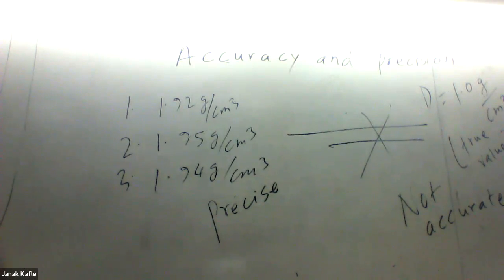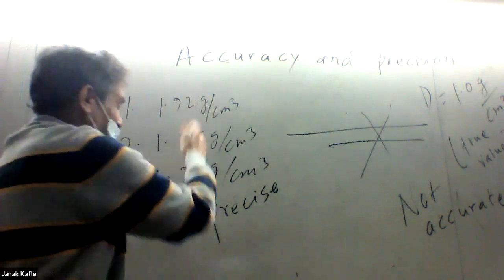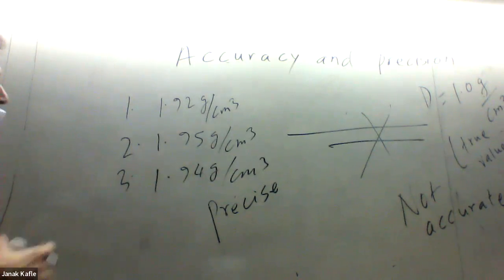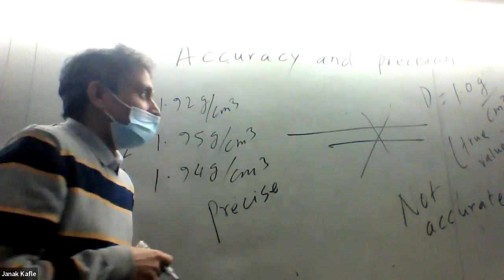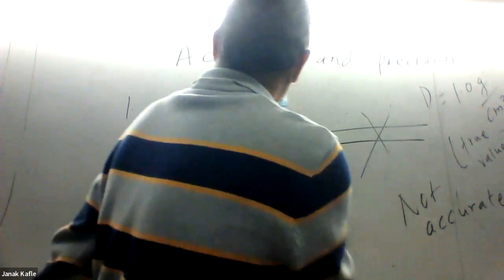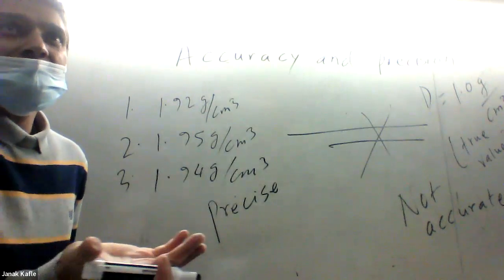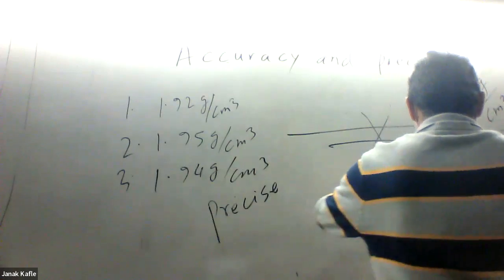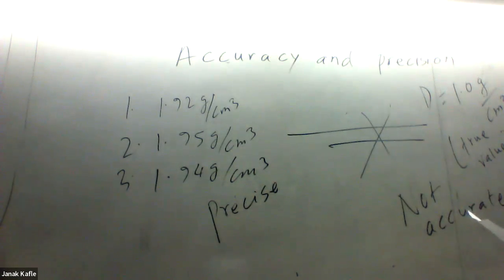So I am precise. The data are very precise. I'm doing good. My skills are very, very good, but my water is not good. Maybe somebody mixed something in the water. Or maybe I'm doing something wrong with the calculation. I don't know. I can easily fix this problem later. So I'm precise, but I'm not accurate. Now,